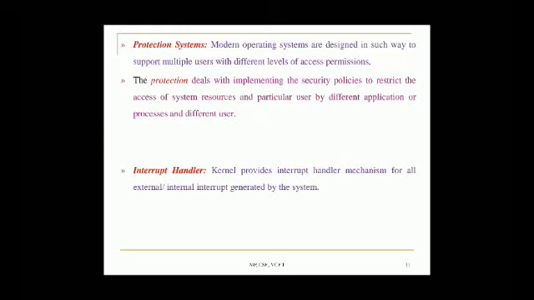I mean to say, for example, one particular user is allowed to access a particular piece of information and the other one is supposed to be restricted. That restriction can be put by using this protection system service of the kernel, so that any unauthorized access to authorized information is avoided by making use of the protection system in an embedded system.